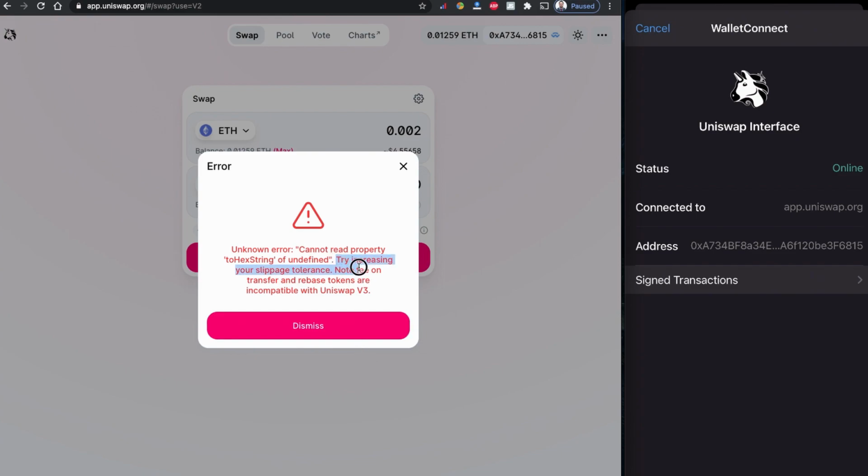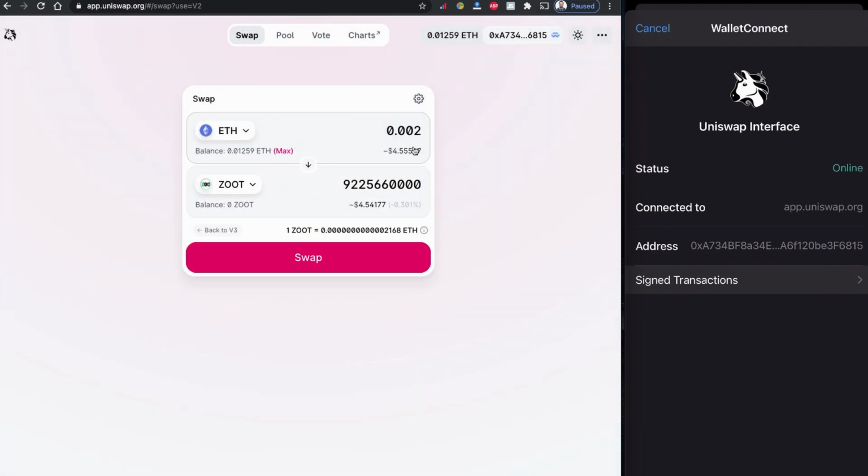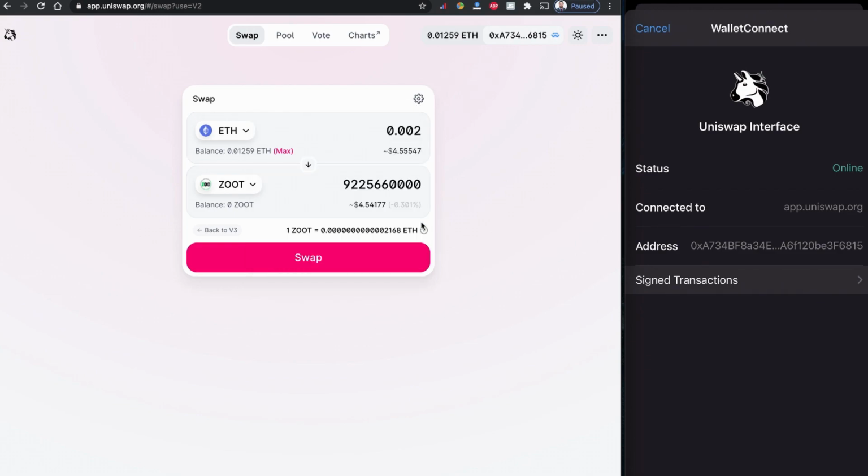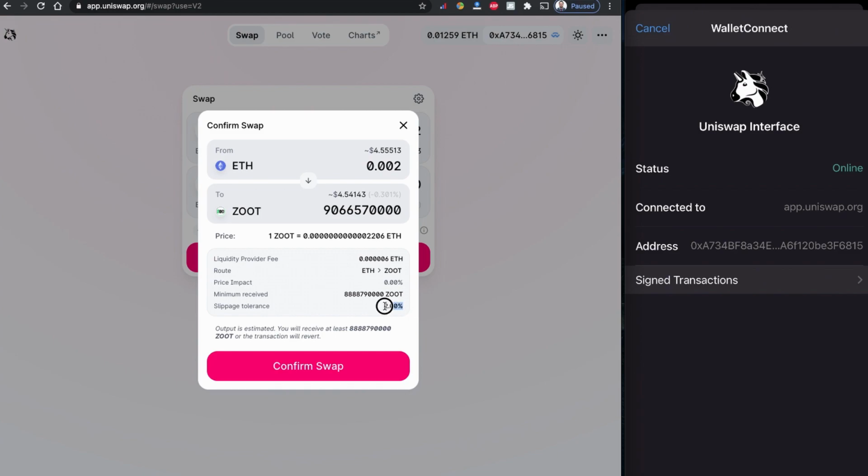There is an error saying to try increasing the slippage tolerance. So it looks like this is a fixed kind of percentage. Maybe let's try 2% slippage tolerance. And I'm going to swap again with 2% slippage tolerance.